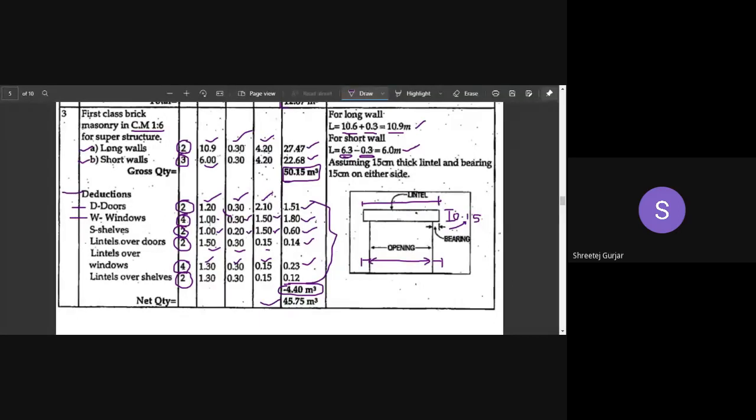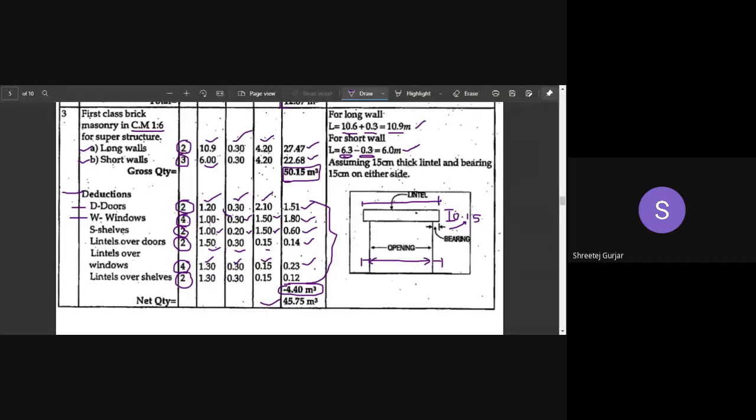Okay, so this is a very easy problem, wherein everything is direct, and your long wall and short wall have the same wall thickness, and the foundation is also the same for the long wall and short wall. In the exam we usually do not get this type of easy problem. A residential building plan will be given, and you need to solve that. This is just for your understanding. We are solving simple problems, and once you get the basics right, you will easily be able to calculate the quantities for residential buildings also. I hope everyone has understood this problem.